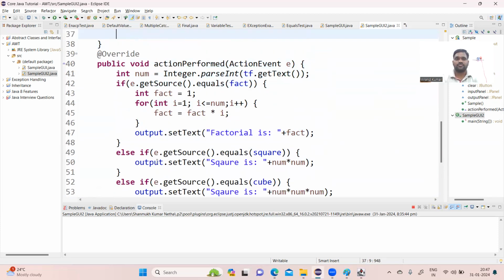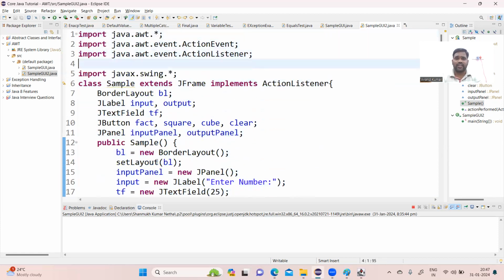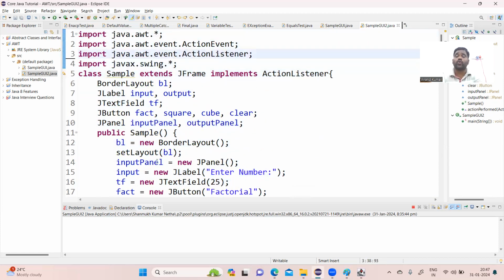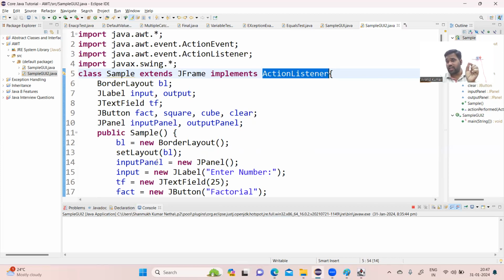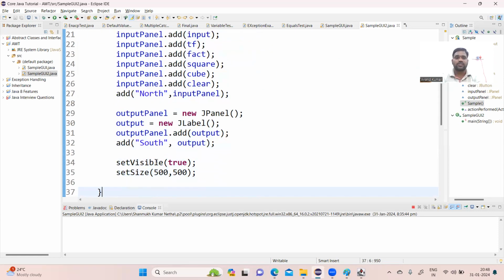Now here, listener is the action listener. Action listener is going to listen to your action event whenever you click on any button. Now you need to add this action listener to every button. How to add action listener to every button? We'll see, it's simple. Button names are factorial, right? So fact dot